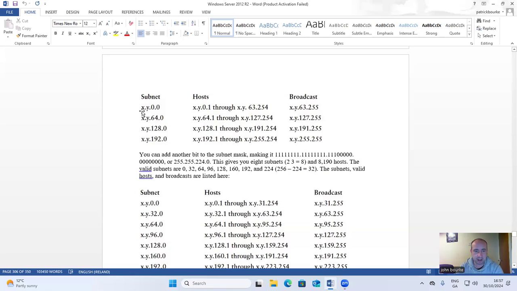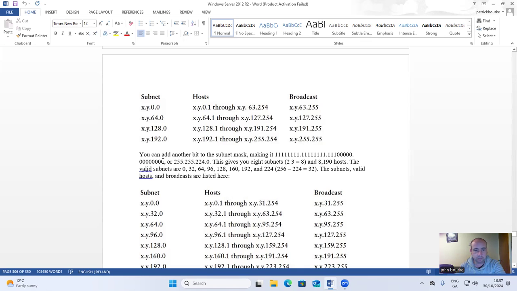Subnet, hosts, broadcast: x.y.0.0, x.y.0.1 through x.y.63.254, x.y.63.255; x.y.64.0, x.y.64.1 through x.y.127.254, x.y.127.255; x.y.128.0, x.y.128.1 through x.y.191.254, x.y.191.255; x.y.192.0, x.y.192.1 through x.y.255.254,